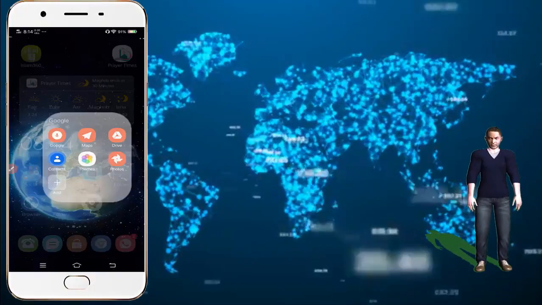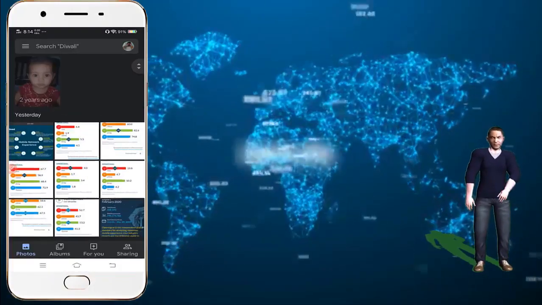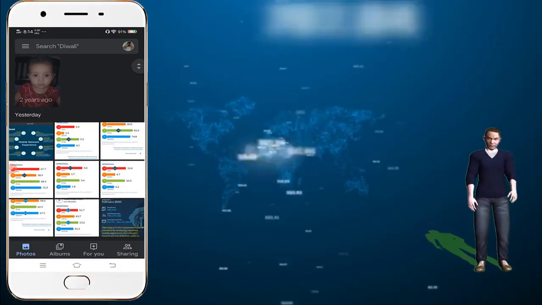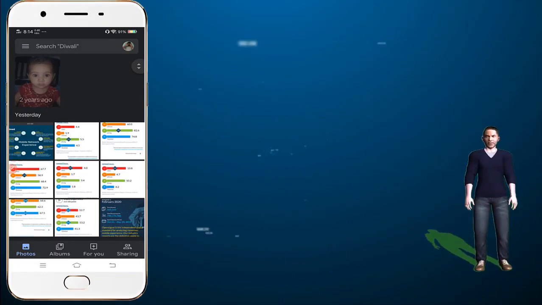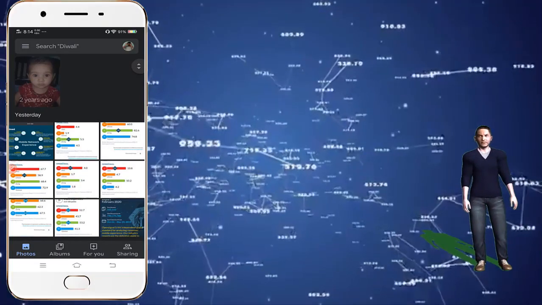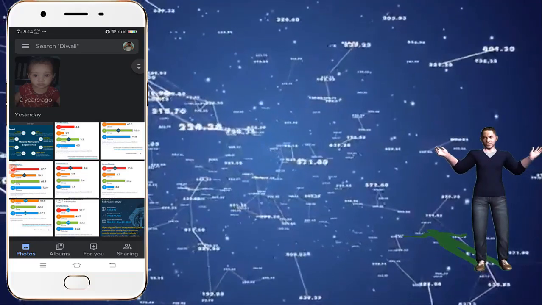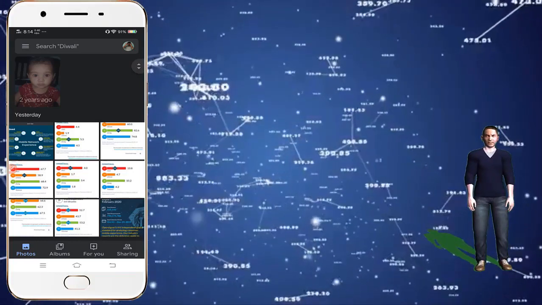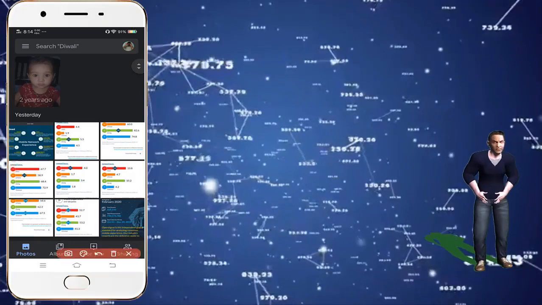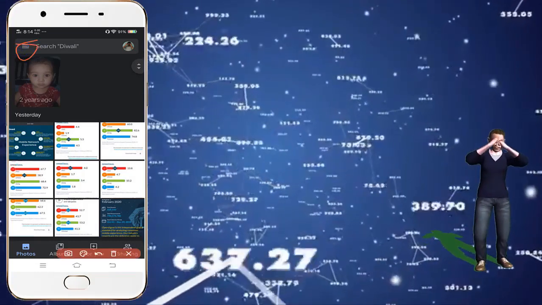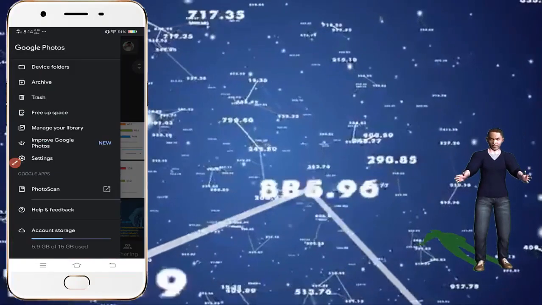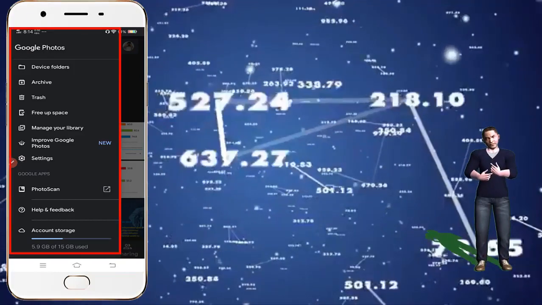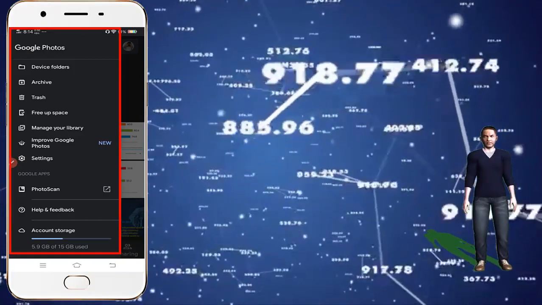So let me open Google Photos. We don't even need to log in to Google Photos, because when we start our cell phone, we log in with a Gmail account, and when we install Google Photos, it will retrieve all your information from Gmail and then log into this device. So first of all, we need to click on this icon. Now we click, and here is the sidebar of Google Photos, and here all the settings regarding Google Photos are available. Let me show you.